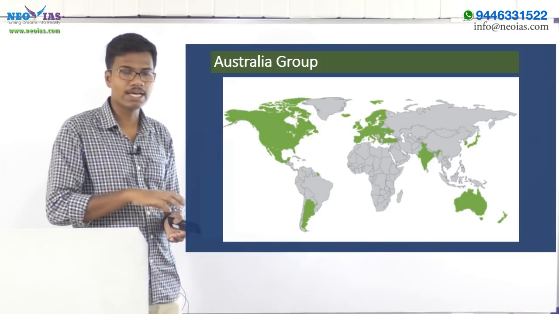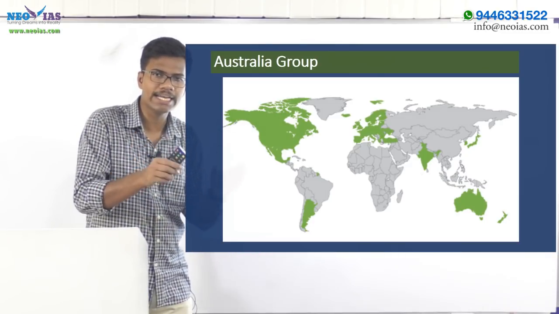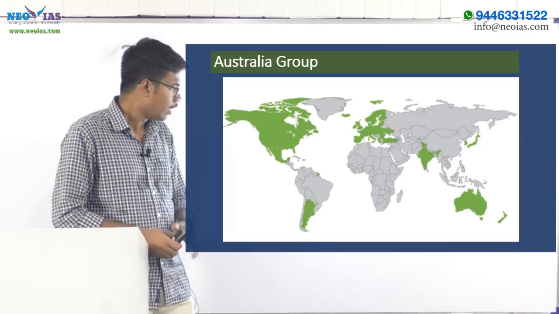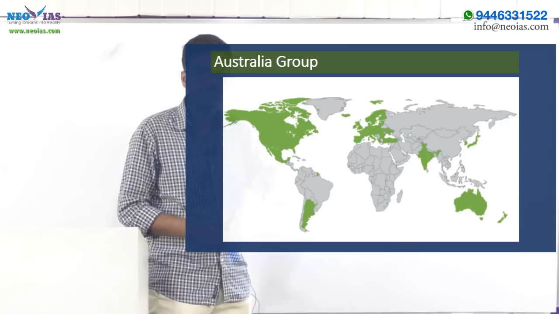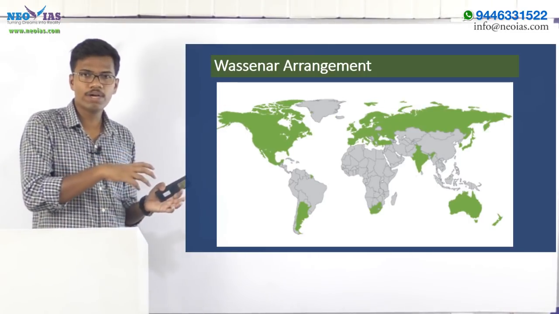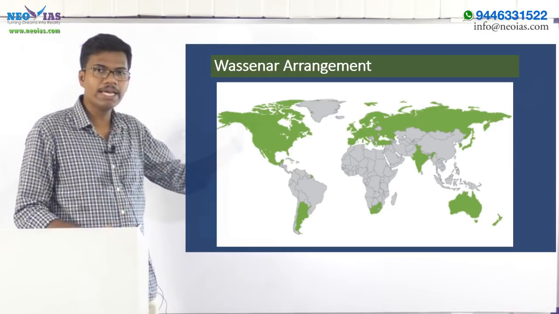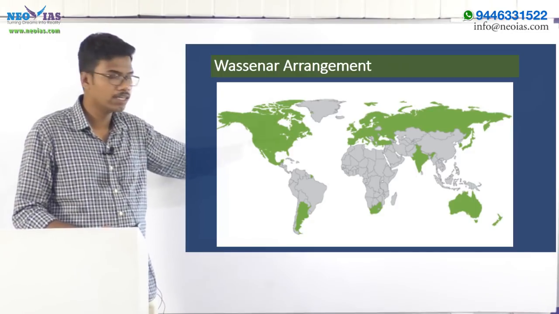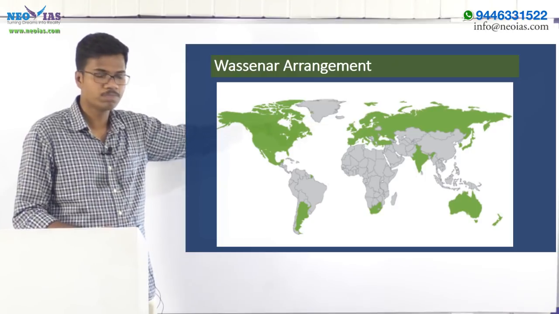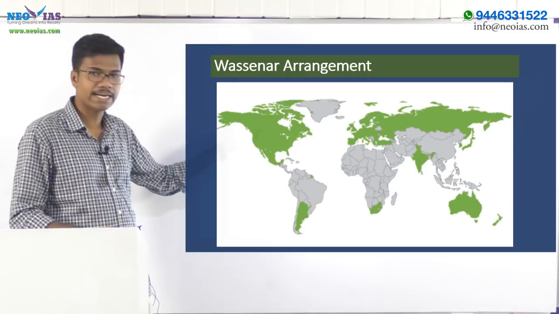So most of the members are from Europe. And one thing we need to really remember is that there is no African country which is a member of the Australia group. There is no African country which is a member of the Australia group. Now why I am stressing this point, I will tell you later. Now we will have a look at the members of the Wassenaar Arrangement. In the case of the Wassenaar Arrangement, again, the main members are from the European continent. Then we have Australia, New Zealand, India, Japan and South Korea from Asia. Then we have Argentina, then South Africa, then the North American countries, etc.